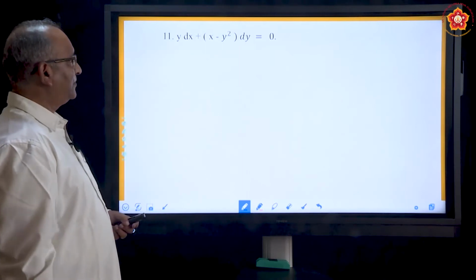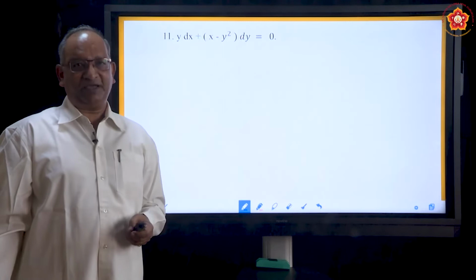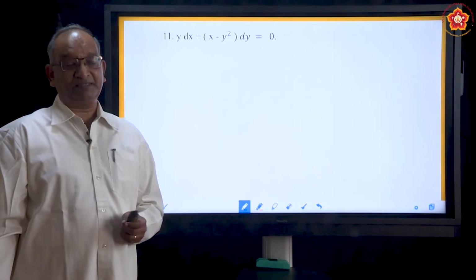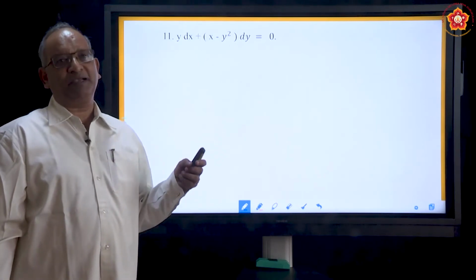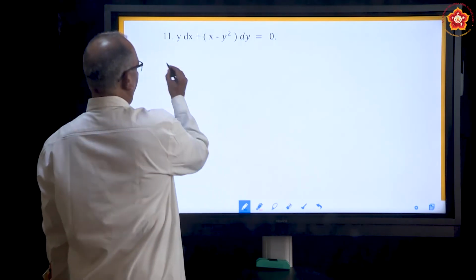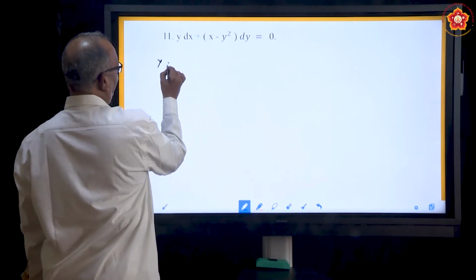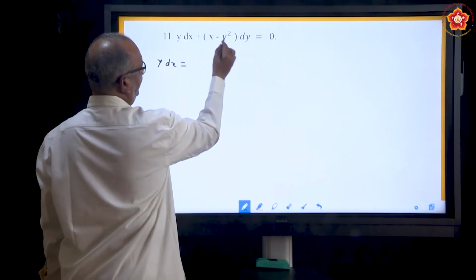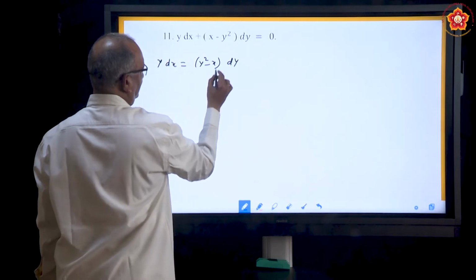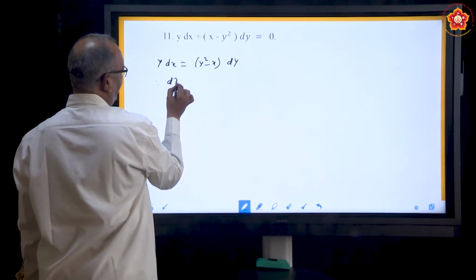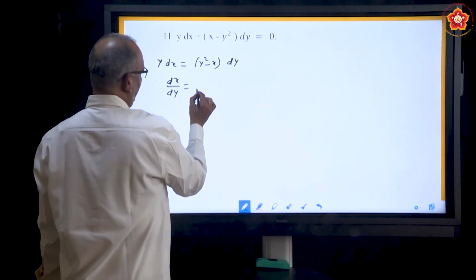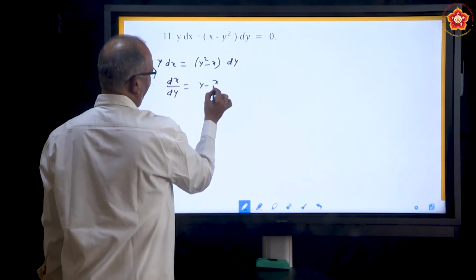This is the problem. This problem is given in such a way that you can write it as dy by dx or you can also write it as dx by dy. Since we have not solved any problem upon dx by dy, we will solve this by the second method. So, how do you do that? You keep one term this side and shift the other term to the other side. When you take this term to the other side, it can be written as y square minus x into dy. Hence, we can say that dx by dy is equal to, divide the whole thing by y. What are you going to get? You are going to get y minus x by y.